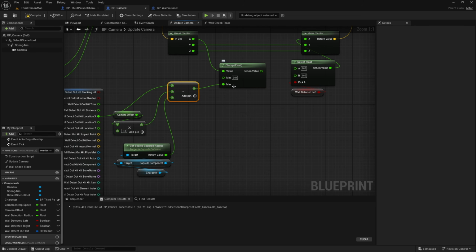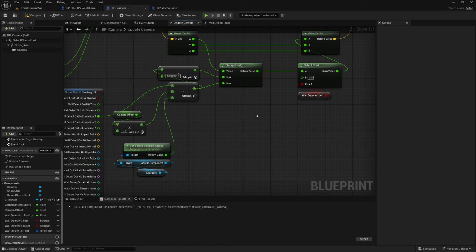And for the minimum, we don't really want this to be 0. We want it to be relative to the wall and the location of our character. So we can just subtract off of this, and we can subtract quite a big number. Like, I'm just going to make it 1,000,000. And that will make sure that the minimum of this clamp basically doesn't interfere with our camera whatsoever. We can plug this into the A on the select float, and we basically want to do the same for